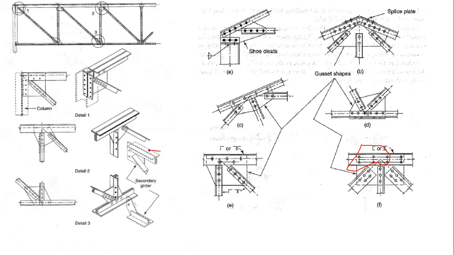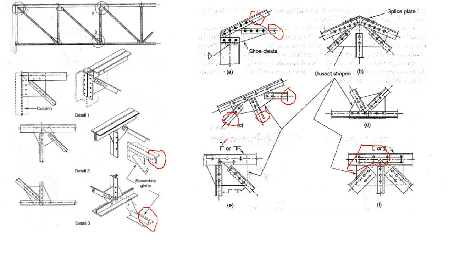You can see here an arrangement wherein the angle sections have been provided back to back. Double angle sections placed back to back. Even here, this is the arrangement. I was telling you about the principal rafter and the bottom tie member. What we'll be doing is we'll go for double angle sections placed back to back, like this. For the rest of the members, these interior members of the truss, other than the principal rafter and the bottom tie member, we'll provide a single angle section as you see here.